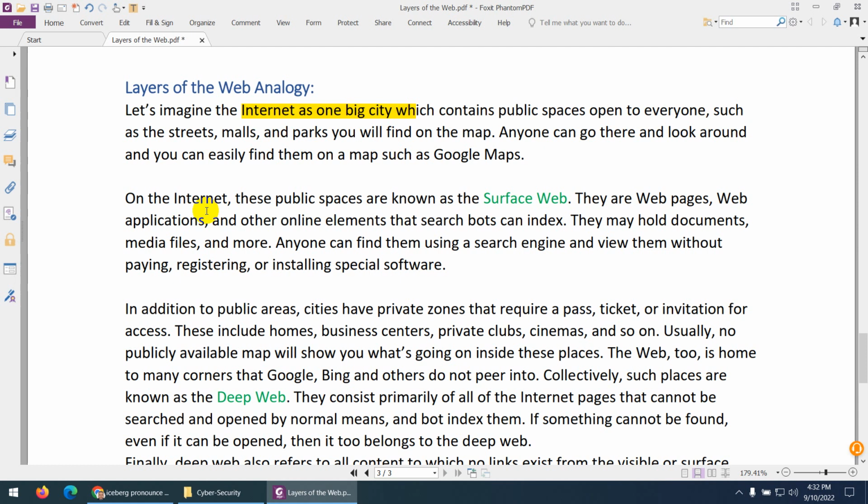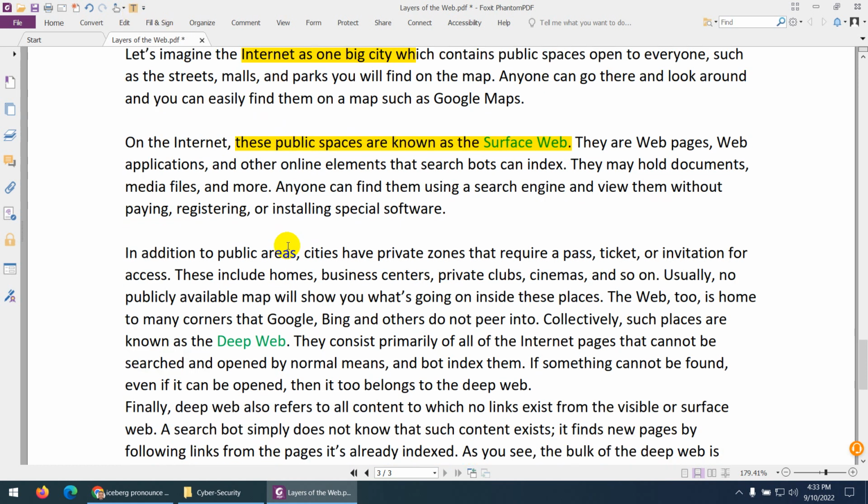And you can find them easily on Google Maps. If I tell you that I'm in this mall, you can come here. Suppose I'm in Riyadh and there are many malls inside, and you can tell anybody and they can find you easily. Similar in London or any other big city. So on the internet, these public spaces are the surface web. Similar to a city, where you can access the public spaces, we call them the surface web. So the surface web is available for anybody. They can search, they can find, they can watch, and they can do whatever they want, because search engines can provide you all this information.